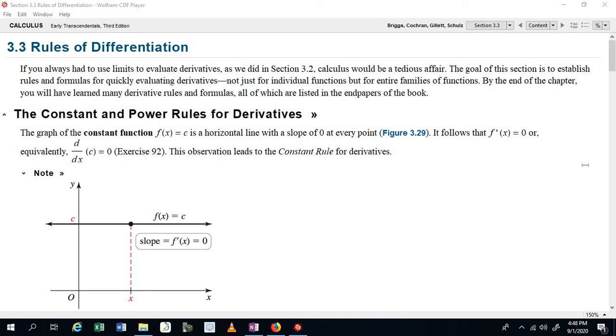Now, one thing I want to remind you of is every rule that we talk about comes from the limit definition of the derivative. These rules do not come out of thin air. They're all based upon the limit definition of the derivative. Okay, but once we establish these rules using the limit definition of the derivative, then we're just going to find the derivative using these rules instead of going through the limit definition. Okay, so the first rule